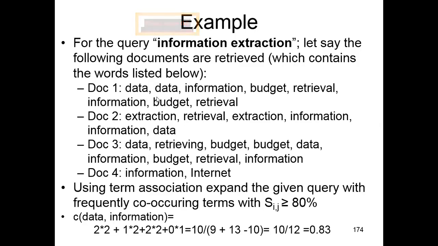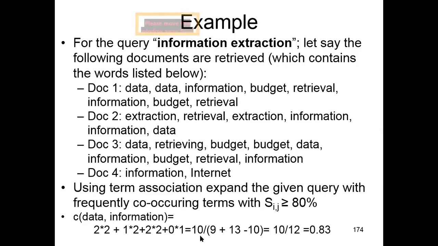So the frequency of co-occurrence of the two terms is 2 times 2, 4, plus in the second document 1 times 2, 2, plus their co-occurrence in document 3, data 2 times and information again 2 times, 2 times 2, 4, plus their co-occurrence in document 4, 1 times 0. When we are summing this, 2 times 2 plus 1 times 2 plus 2 times 2 plus 0, we'll get